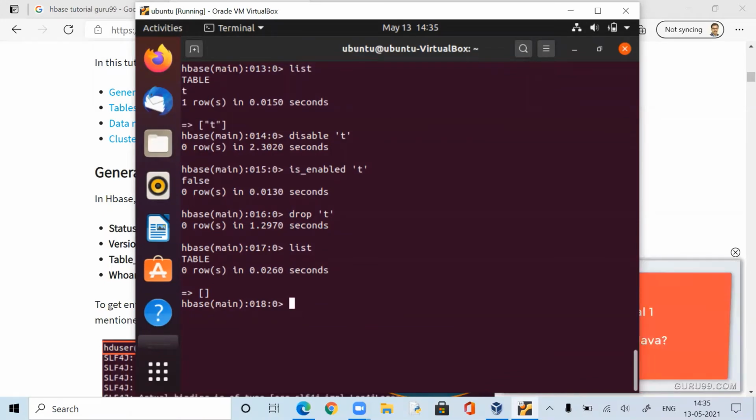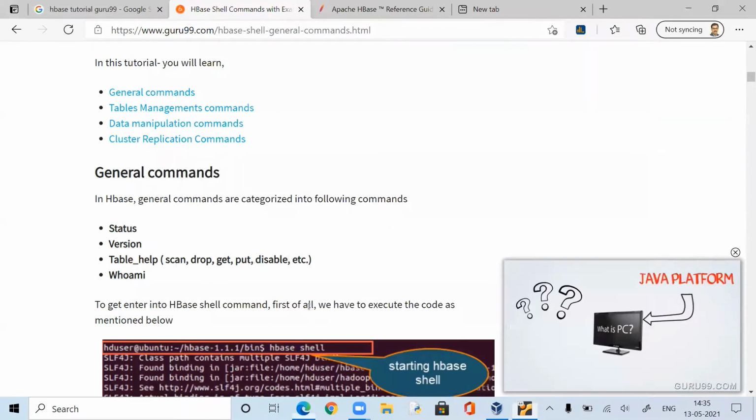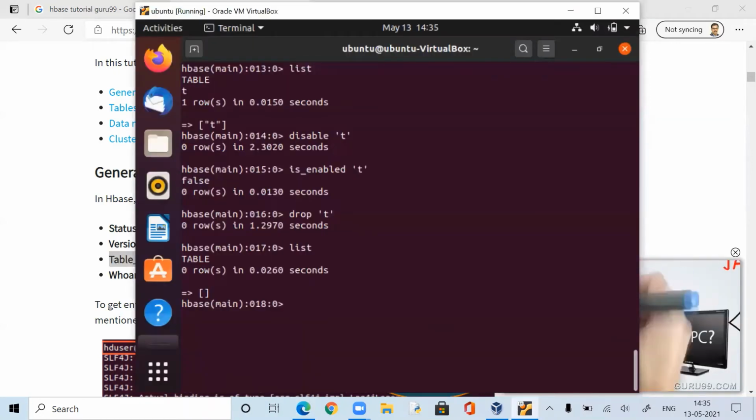Now create. I am going to use again table, not table actually. You can use test, something like that. Okay, I'll come back here. So this function will let you know everything and anything. If you use this function table help, you can start practicing. Just copy everything and you can start practicing it.